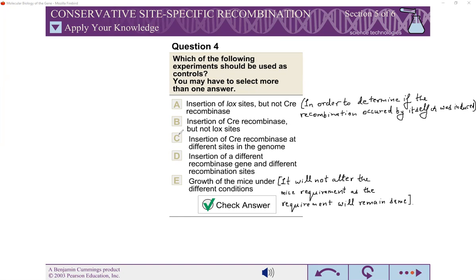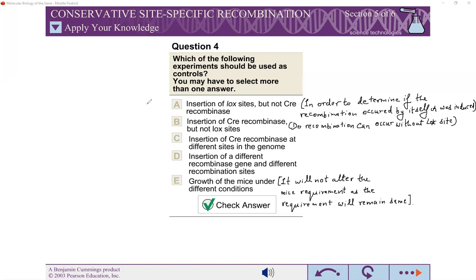Insertion of Cre recombinase but not lox site. Okay, again, so can recombination occur without lox site? Both of these experiments will be able to be used as a positive control and a negative